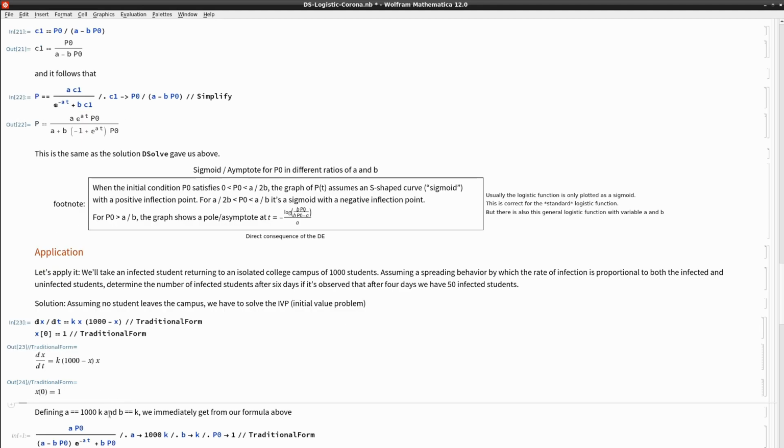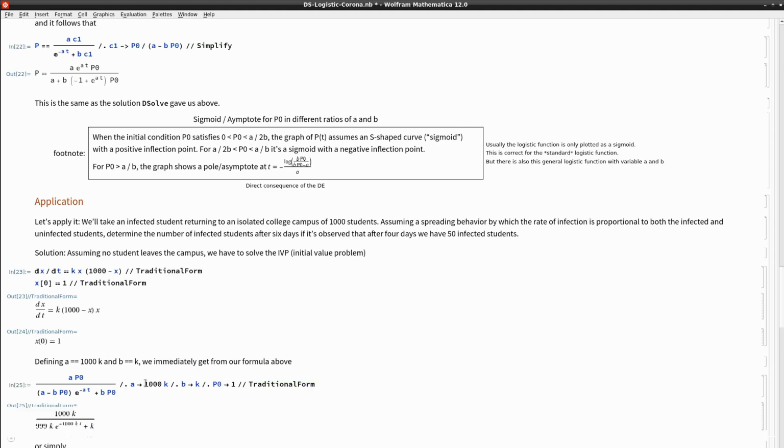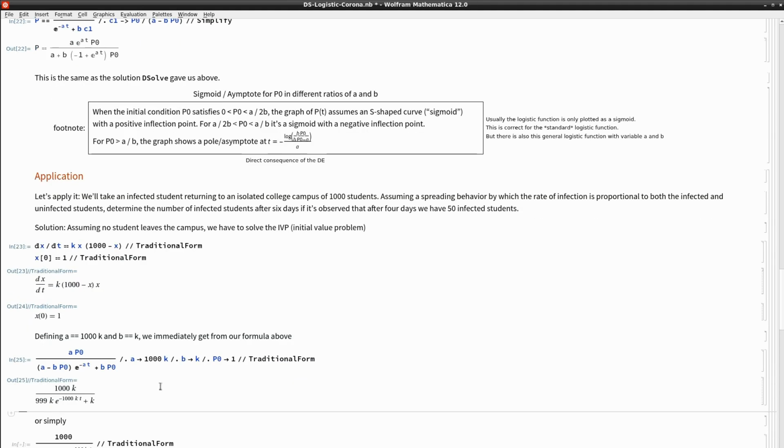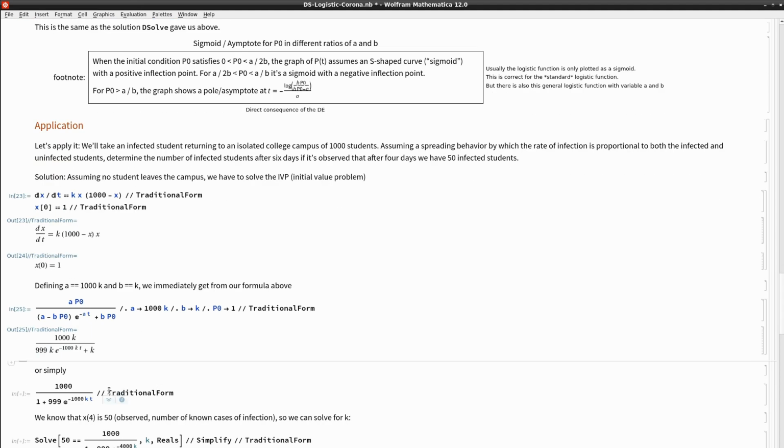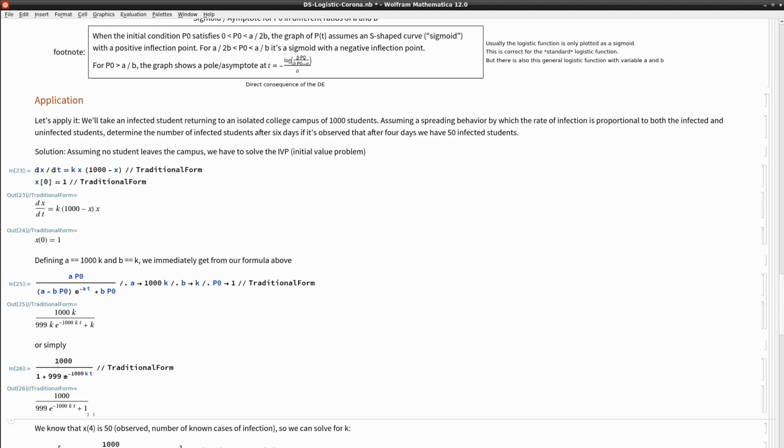So let's define a to be 1000k and b to be k. Then we can immediately get from the formula above by simple substitution that the behavior follows this law, this formula, 1000k divided by, well, this perhaps a bit more involved denominator. Or we can simplify it, we can divide by k, and then we're getting this